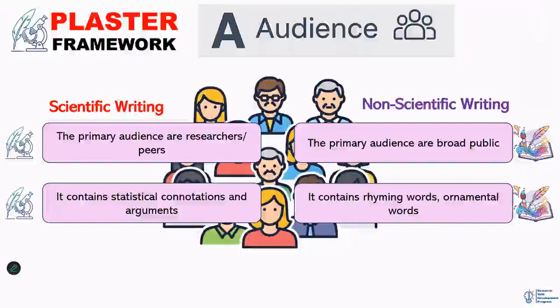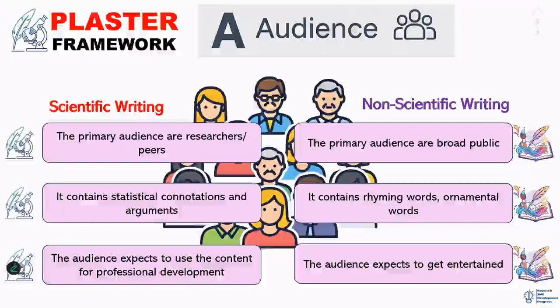That's all. You need not write one more sentence saying that it is statistically significant, because you are saying it is at 5% level of error, it is statistically significant at 95% confidence interval. Automatically, it shows one number in a bracket that makes the story and statistical significance everything clear. You need not write 5 sentences for that purpose. Then the audience expects to use the content for professional development.